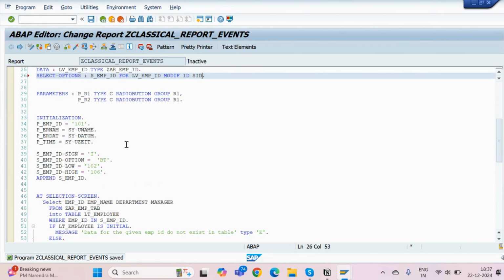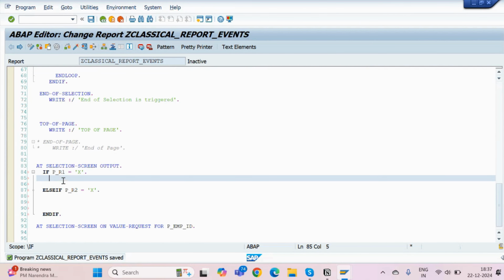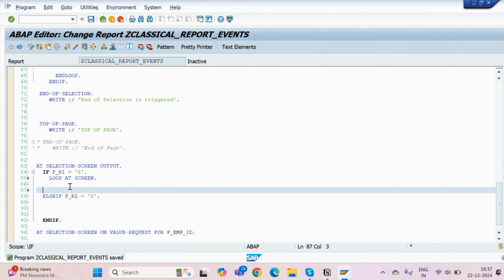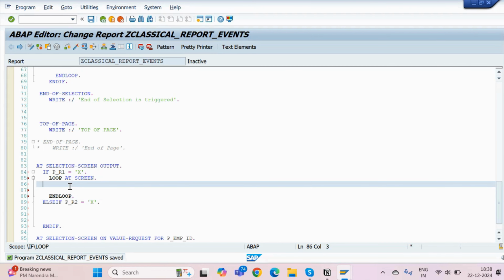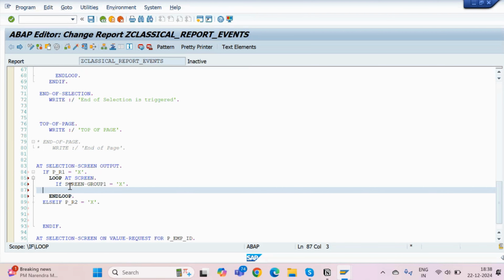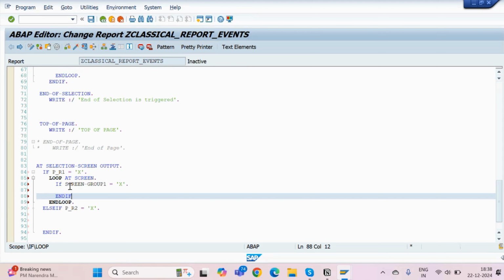Now go to your add selection screen output. Here we are going to loop our screen. So loop at screen, and we will check for the group. So if screen group 1 is equal to true, if its value is true, what we will do, we will disappear